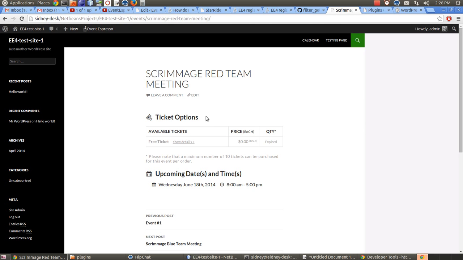Event Espresso comes with a number of default text strings. You can see one here, ticket options, that appears above the ticket selector. So how do I change that text from saying ticket options to saying, say, registration options? The easiest way to do that, in a way that is going to be